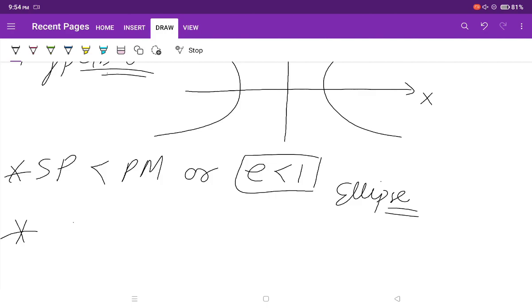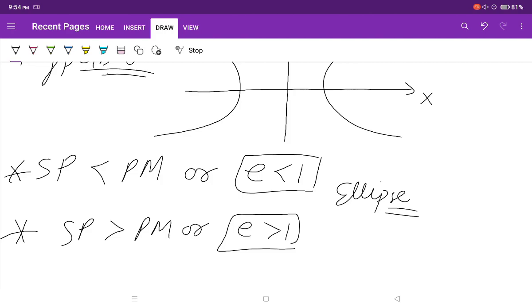But when the focus distance is greater, we have SP greater than PM or E greater than 1, so the locus opens out and becomes a